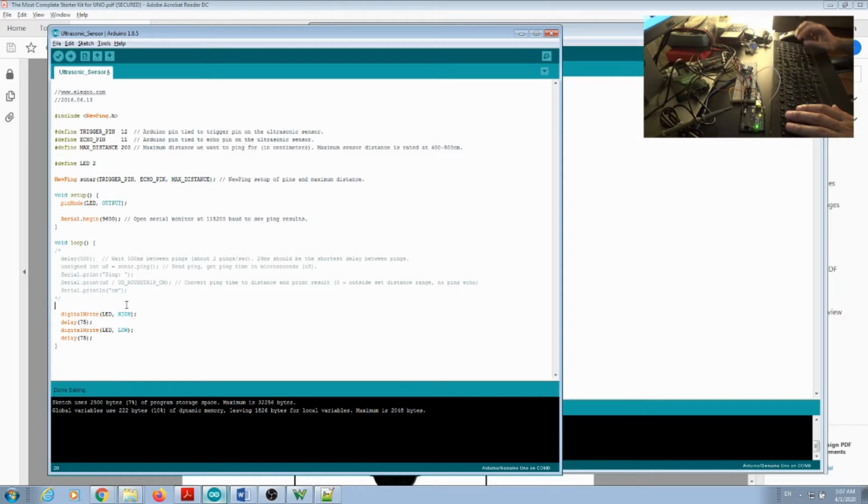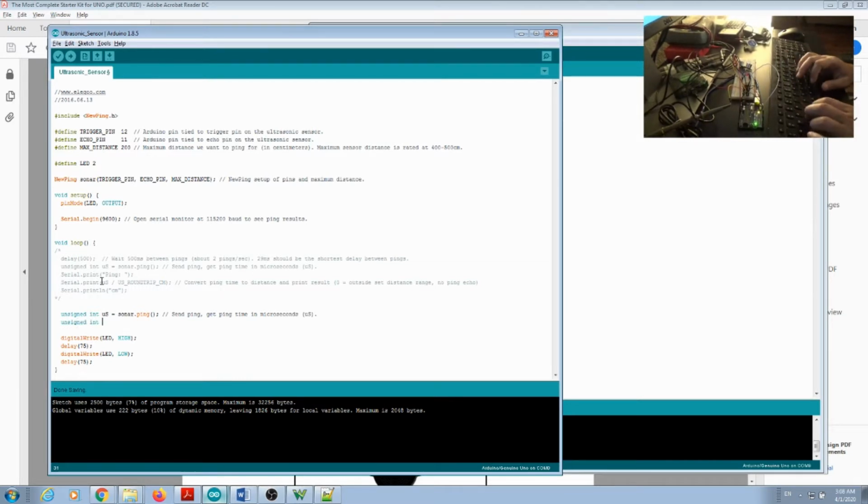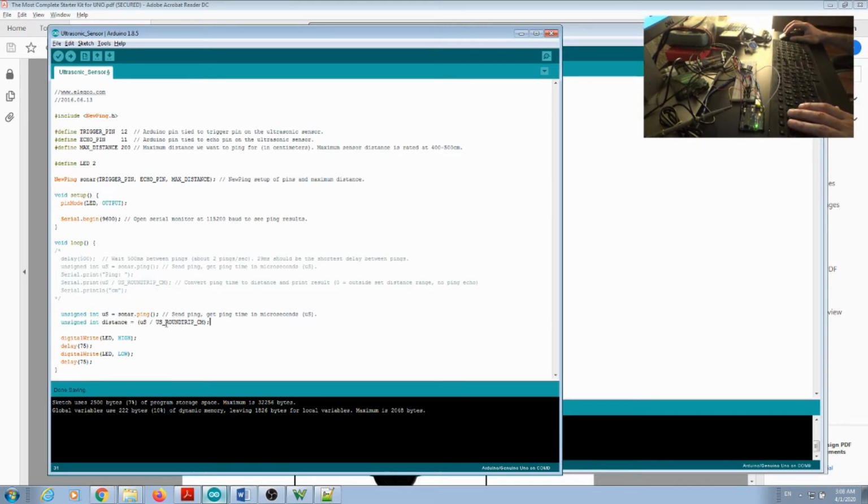Alright, so the second thing that I need to do is to start my ping sensor. Ping sensor here acquires the data, microseconds. Now I need to perform this conversion over here. Alright, so I'm going to declare another variable called unsigned int distance. So I convert my microseconds round trip to distance. Now that I have my distance,